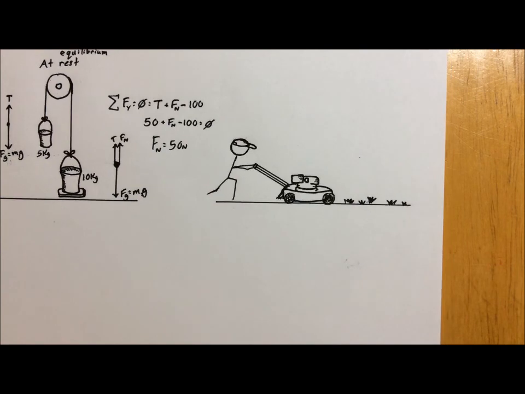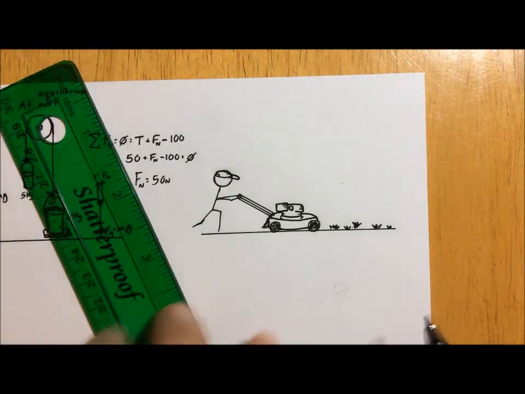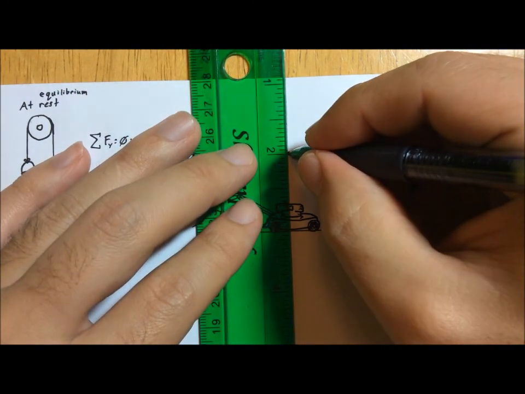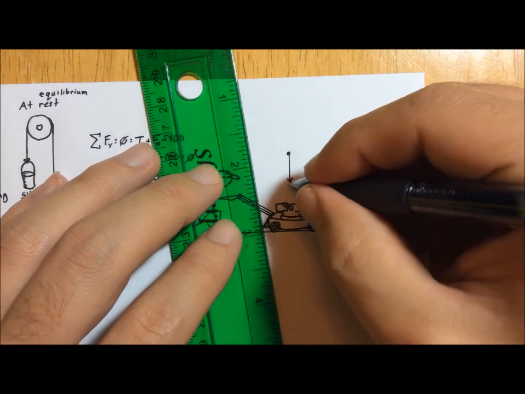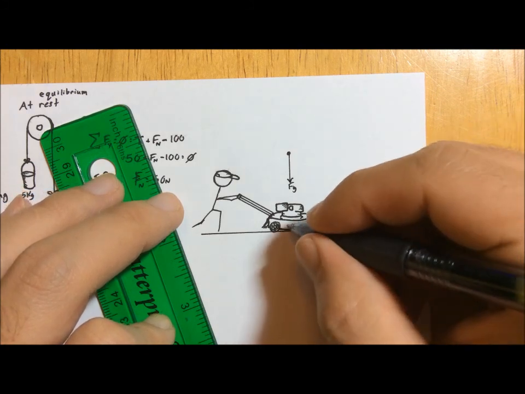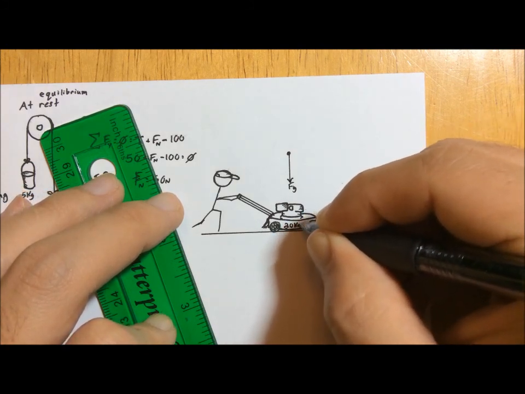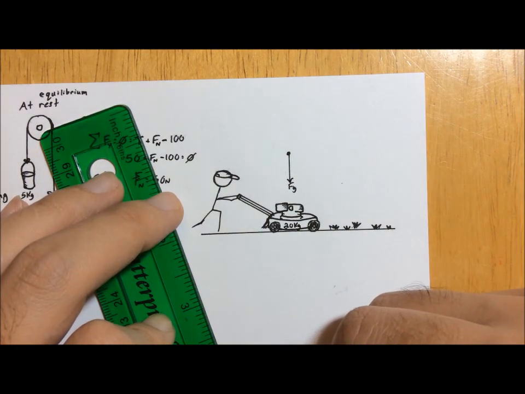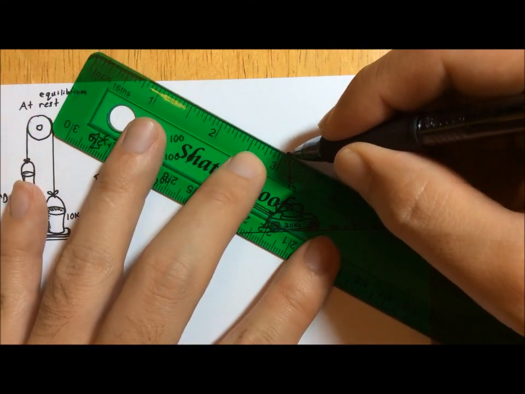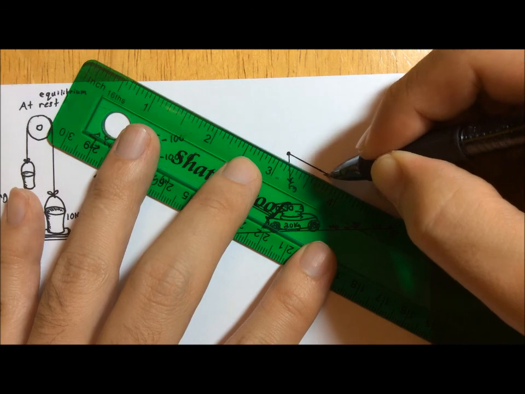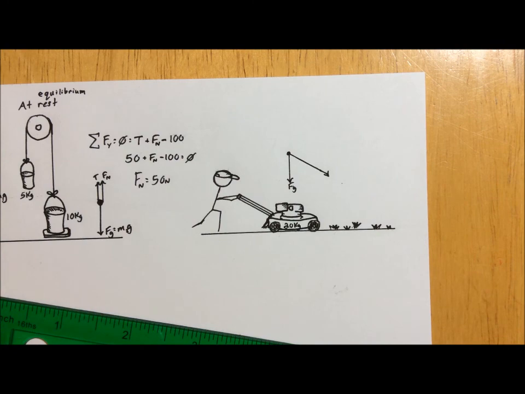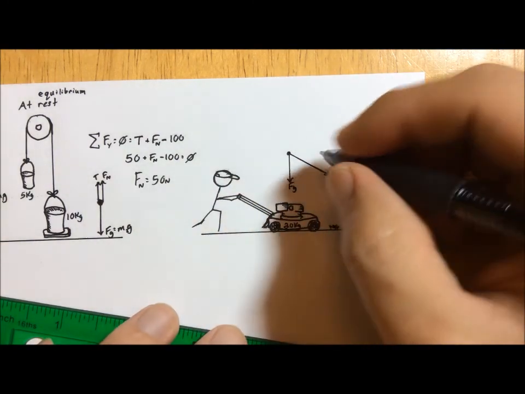All right. Over here, we got this guy with a lawnmower. Check it out. And if I were to draw the free body diagram of this object, we have the force of gravity going down. And I didn't give a mass, which was stupid of me. I'm going to say it's going to be a 20 kilogram lawnmower. And we're going to have this guy pushing down at this angle. And I didn't even give that force either. Also negligent of me. Let's say he's pushing with a force of 100 newtons. To make it easy.